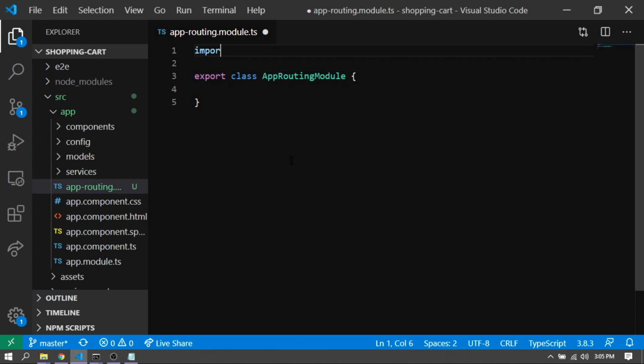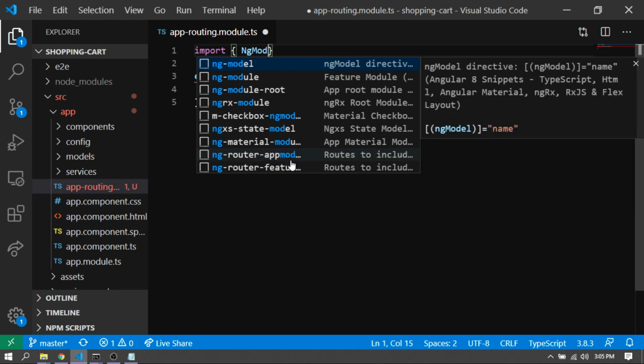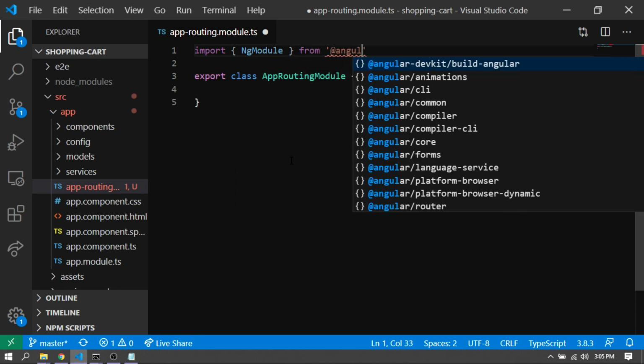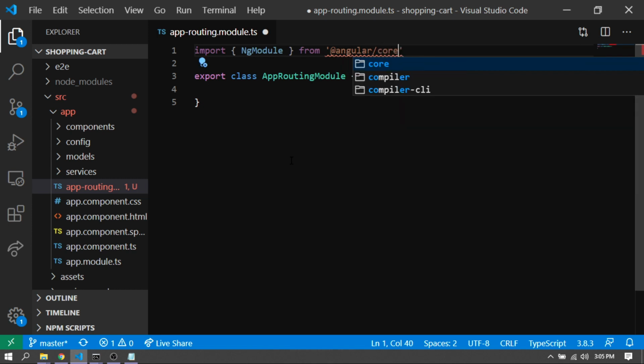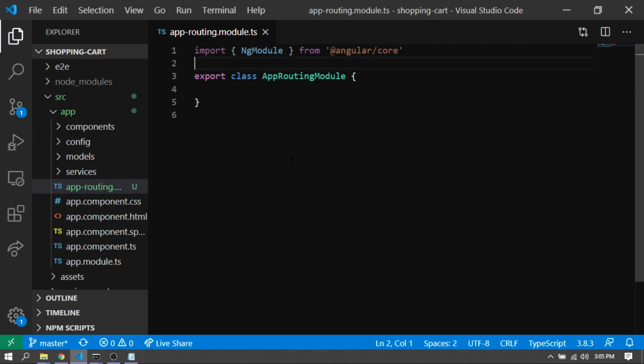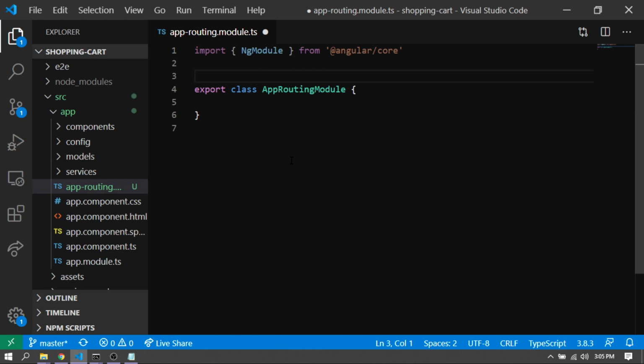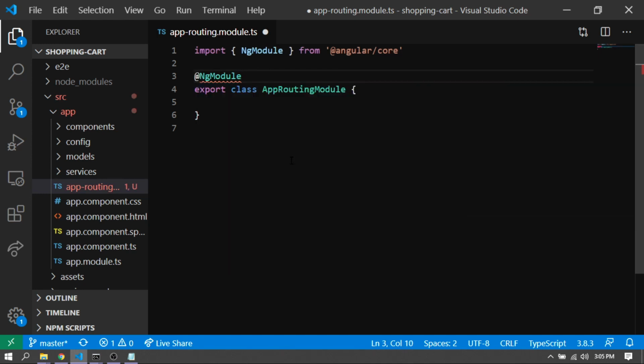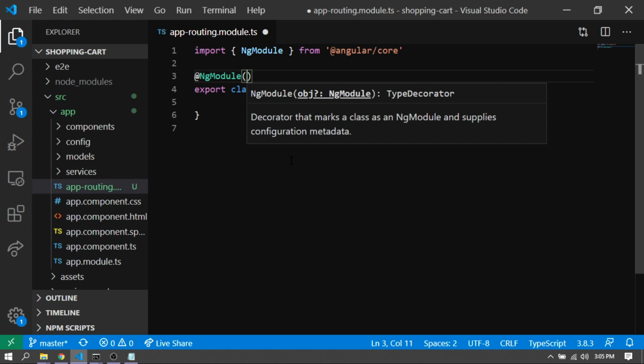So I would import ng module from Angular core, and we would decorate this routing module like so. Now this ng module expects an object, of course. We would give it an object,